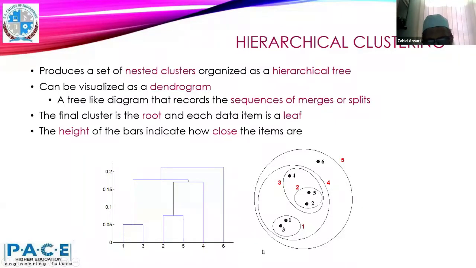Then the next closest are 2 and 5, so they are merged over there. After that, this cluster of 2 and 5 and the object 4, which is a singleton cluster, are merged over there, right? And then this cluster, which consists of 2, 5, and 4, is merged with the cluster which consists of items 1 and 3. Then finally, item 6 got merged. This is hierarchical clustering.